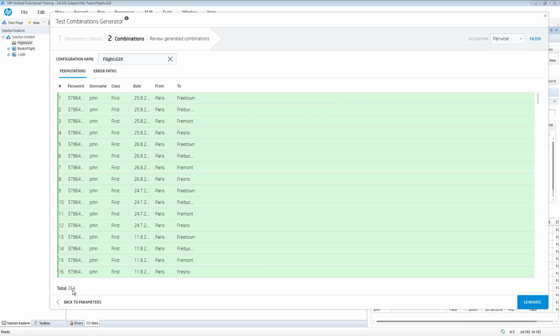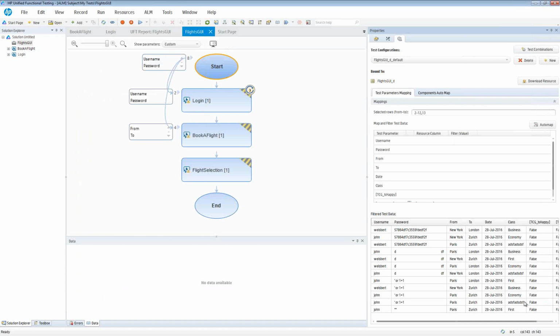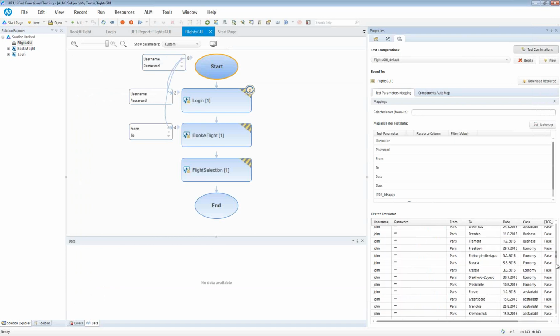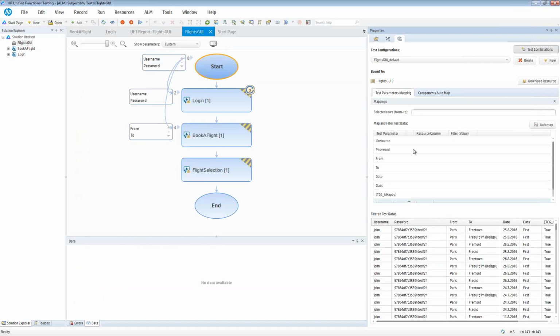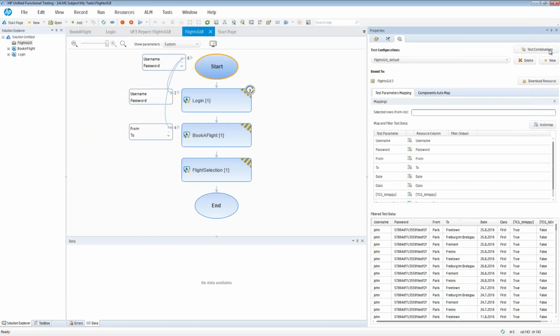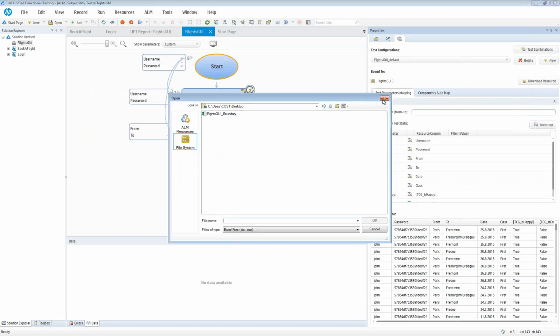So you can see here the optimized coverage right around here. Once it generated, bam, it happened. It's already there. And from this moment on, you can go ahead and manage this data to create new configurations for the sake of it, to download it, or even to send it to your peer